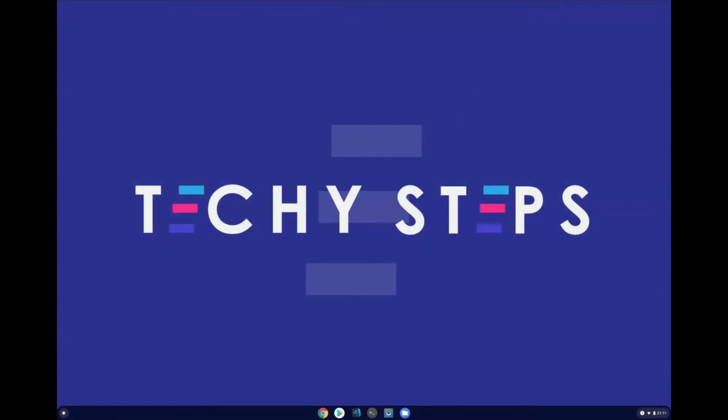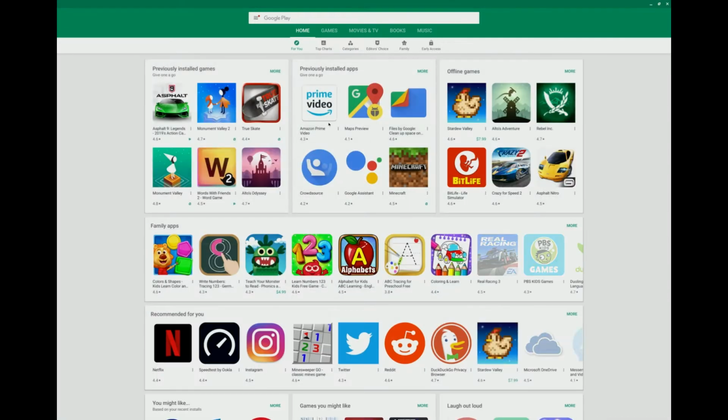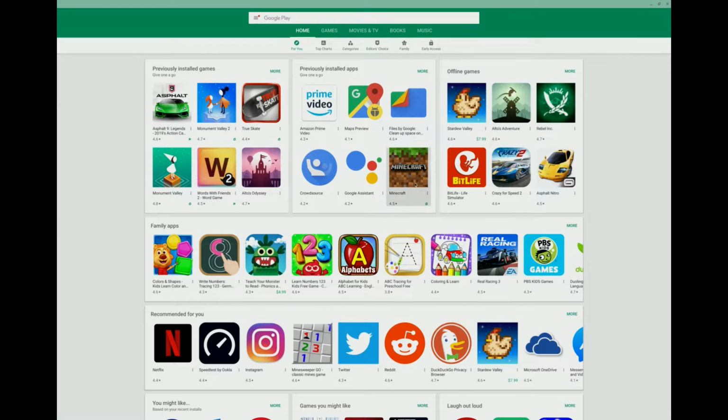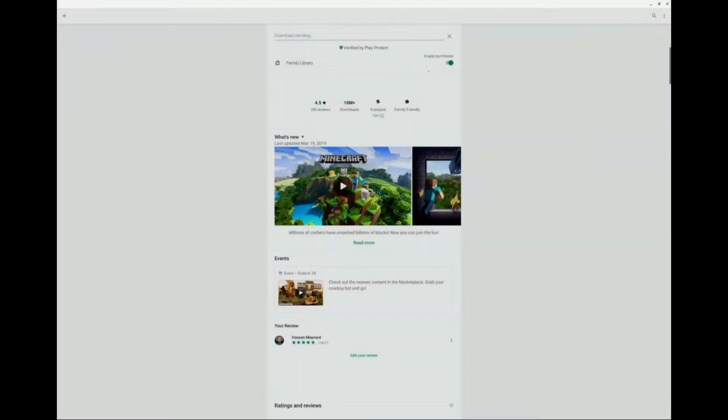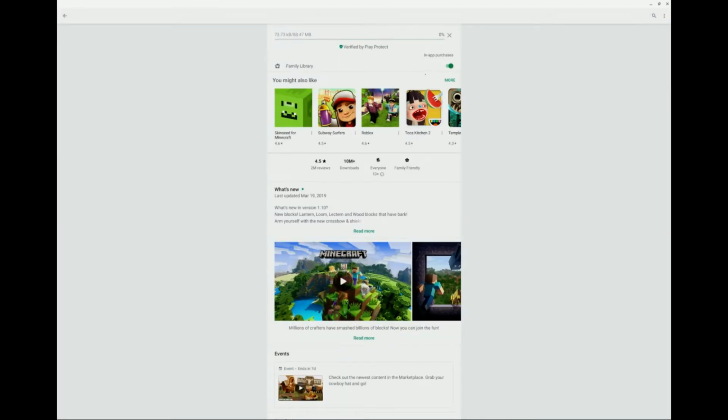Today I'm going to demonstrate how to install Minecraft PE on a Google Chromebook. I'm using a Pixelbook. It's the flagship device that you want to use. If you don't have a Pixelbook, it's not a big deal, but definitely make sure that you search through the Play Store just to see if you can install Minecraft. If it's not available, chances are that the specs on your device are not meeting the minimum requirement for